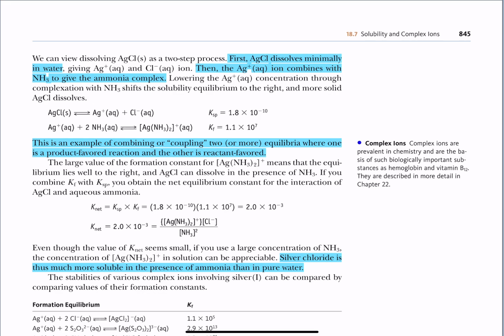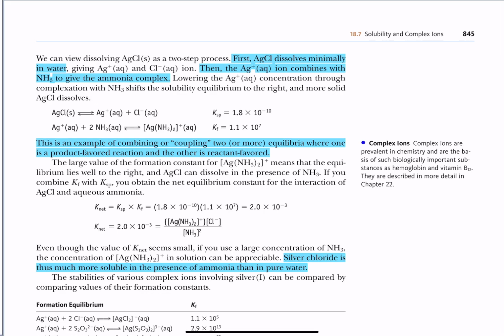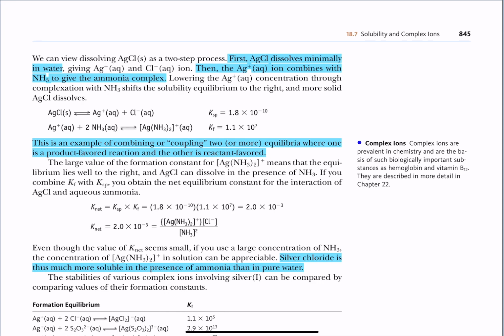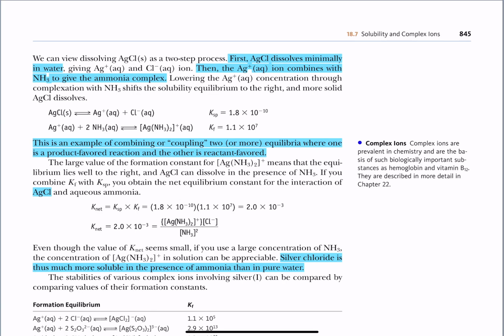But then in the second equation, if you take those silver ions above there and combine them with ammonias, that reaction goes pretty far to the right, 1.1 times 10 to the 7th, or in other words, about 10 million. We call this example of combining these two steps coupling, or putting the two equilibria together. And one of the equilibria is not product favored, 10 to the negative 10th, and the other is product favored, 10 to the 7th. So when we multiply these two K values together to get the overall or net K value down here,